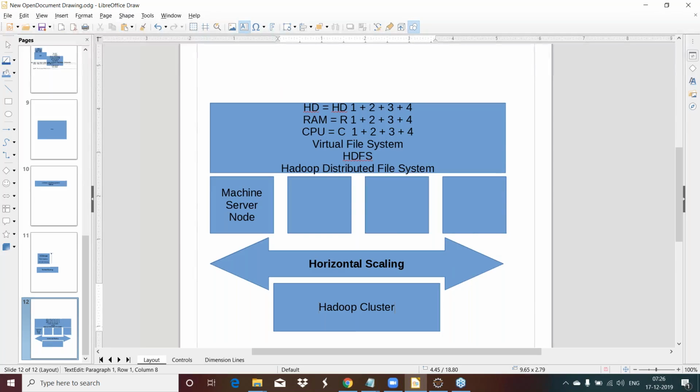This Hadoop cluster which we are talking about is basically a four machine or four node Hadoop cluster. This is how we are going to refer to it. I'm very sure you are with me, you understand this point, right? So this is a four node Hadoop cluster.